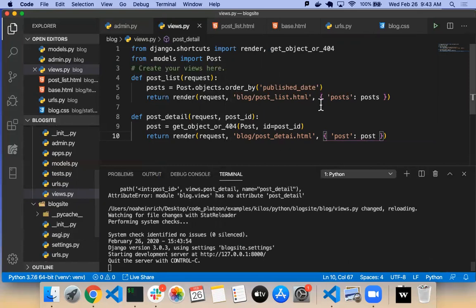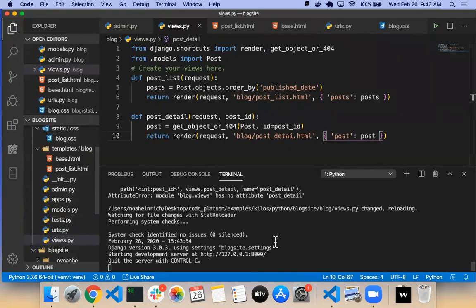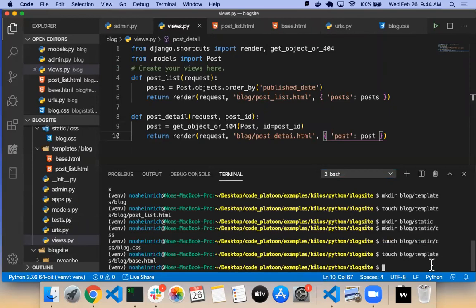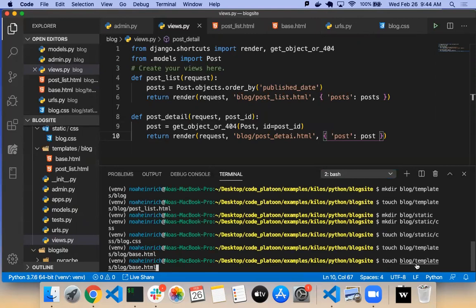It's reloading, but of course now I need to make sure that I've actually got a template there to catch it. Post detail.html. Oops, make sure that matches.